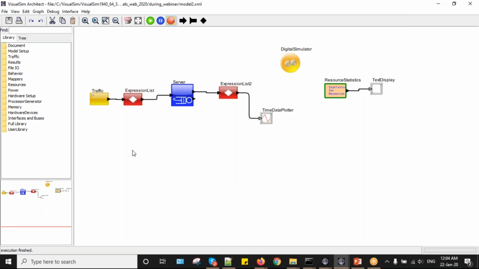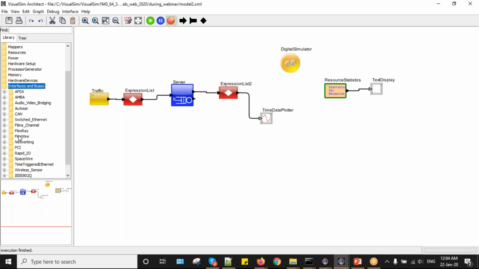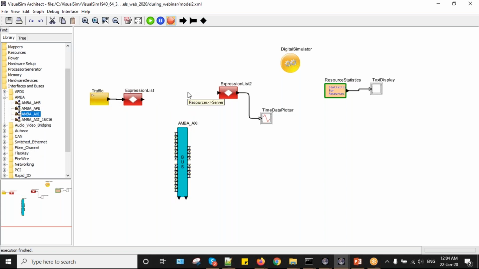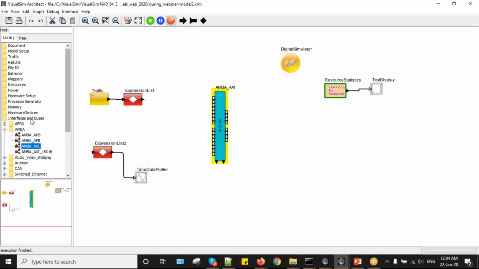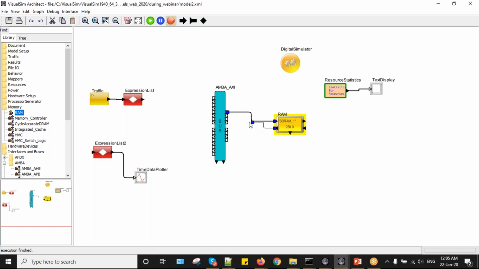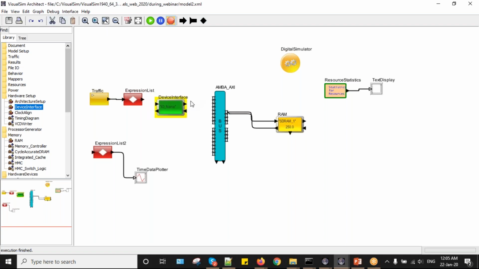Let's make a cyclic model. So with the cyclic rate, I need an AXI bus, just here. I will remove the server. I will move this here. And I need a memory. We'll connect memory. And then I need a device interface. If you get lost somewhere, you can just type the name, and it will do the rest. So device interface, and